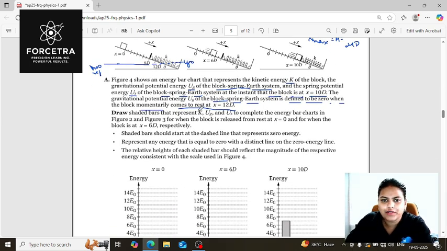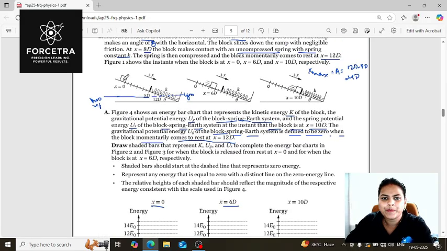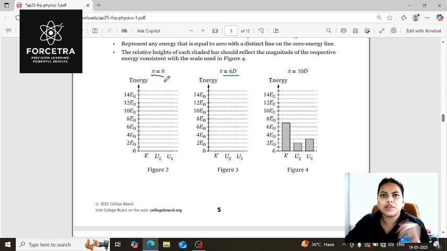Draw the shaded bar graph to represent K, Ug and Us when the block is released at x equals 0 and at x equals 6d. So x equals 0 is the position where the velocity is 0. So the kinetic energy in this case would be 0 and the spring is not compressed, so Us would be 0 and there would be only gravitational potential energy. And how much potential energy? It is the potential energy at x equals 0, which would later be converted to kinetic energy, potential energy and the spring energy. So the total of this